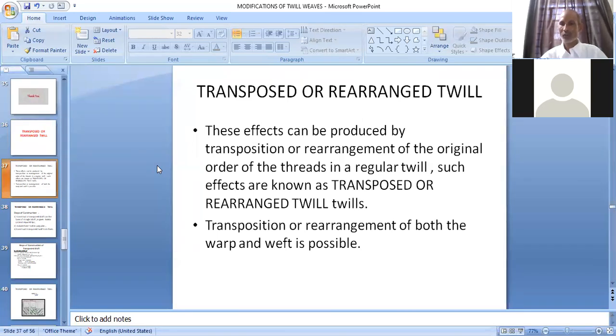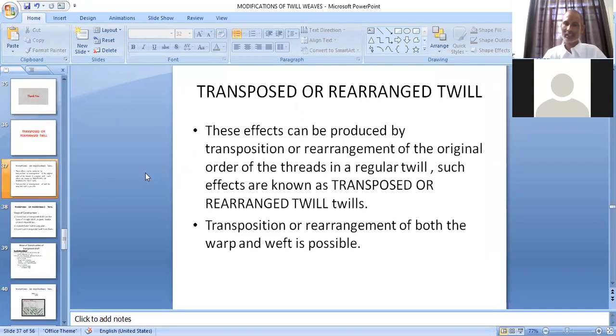So if we are doing it warp-wise, this is end-wise transposition, and when we are doing weft-wise, it is pick-wise transposition. So both types of effects can be produced, but similar to the previous effects we have taken, generally end-wise or the horizontal effects are preferred over vertical effects.